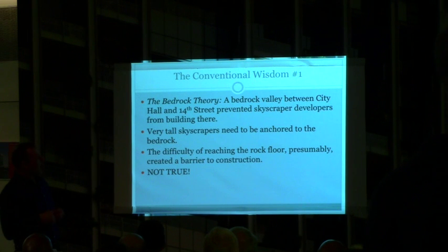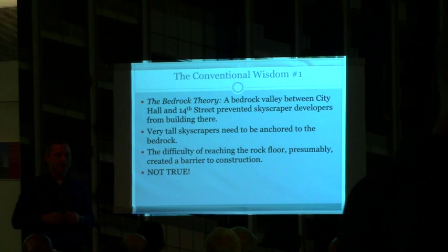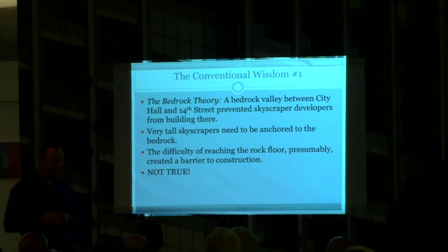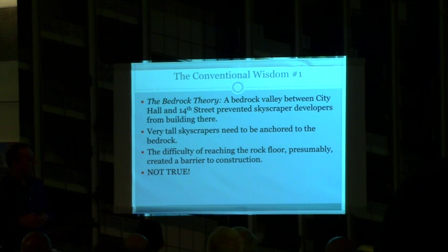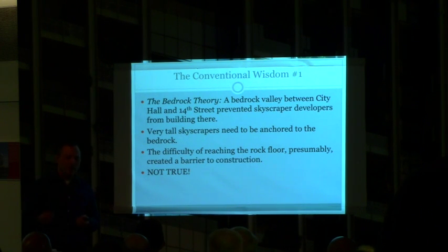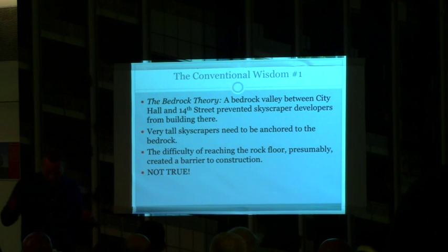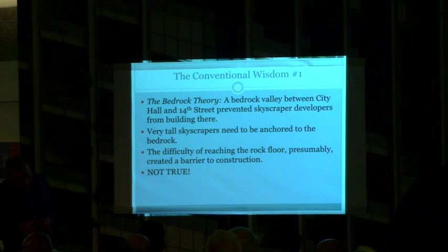Now, after skyscrapers were invented in the late 1880s, early 1890s, these buildings became very tall and very heavy in total. And it was at that point where engineers and developers had to consider how to properly establish a foundation so the building doesn't lean or settle. Okay. So the story goes something like this: